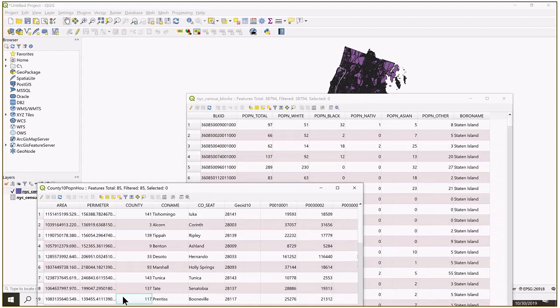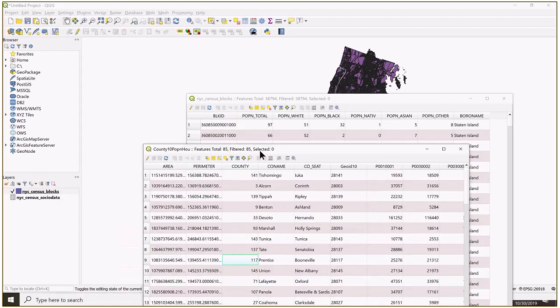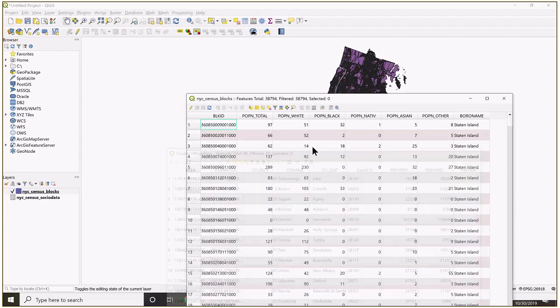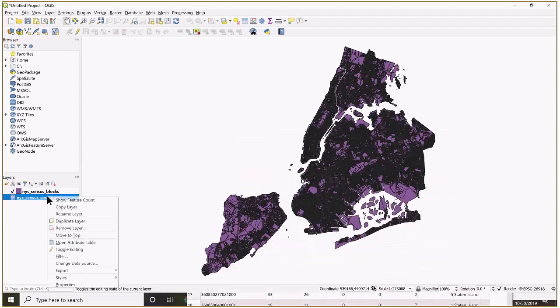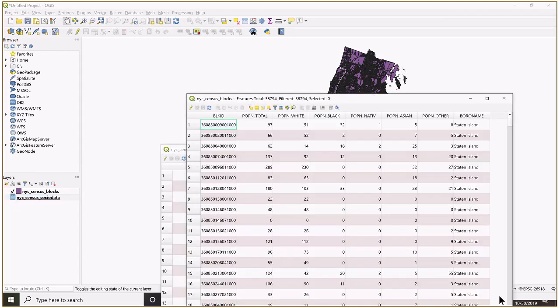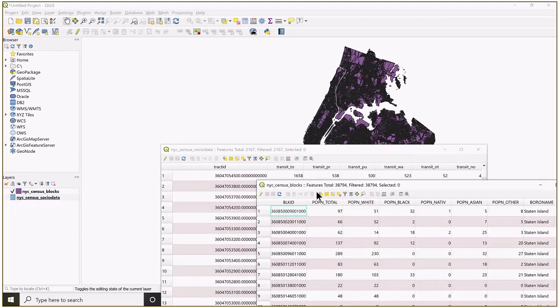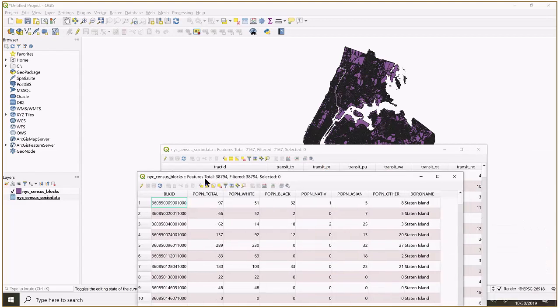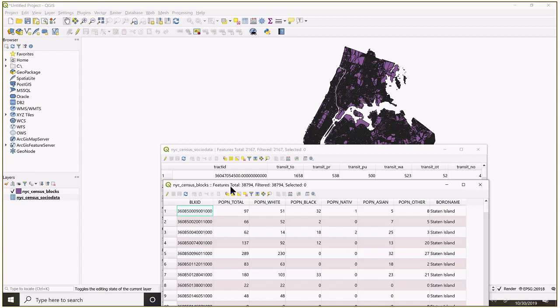Maybe these are the same. That's the wrong data. Census blocks. Okay. How many digits are there? I'm pretty sure. Okay, well, I could